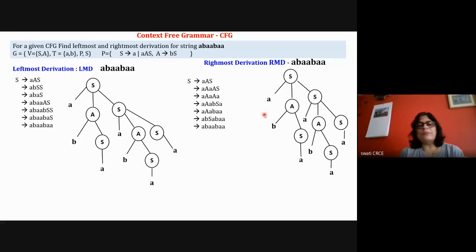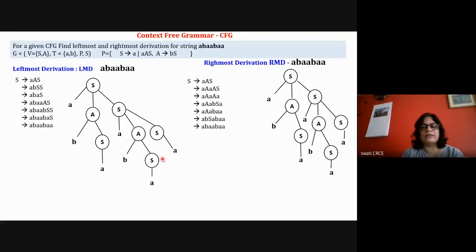And what is the use of this parse tree? This parse tree is referred to by the compiler, the runtime environment, when it is executing the statements. So how will it interpret the statement? It will first go to the lowest level. It will say that this S is to be resolved, so this S is equal to A. Then it is used along with this B, and then this BA is used along with this A, and then A, B, A, and then A. Like this, it decides how to execute the statement.